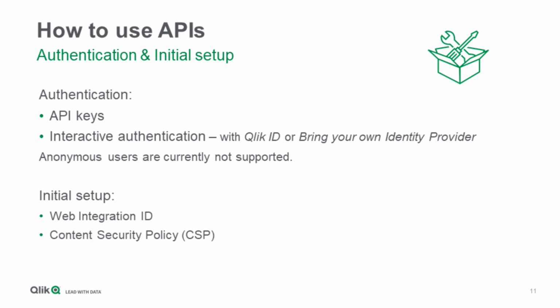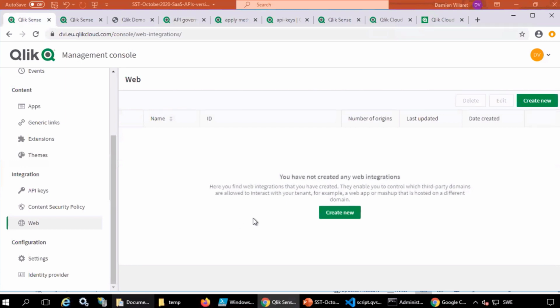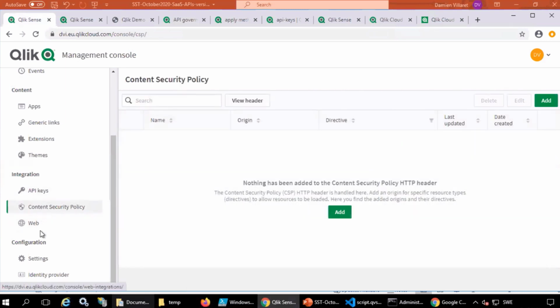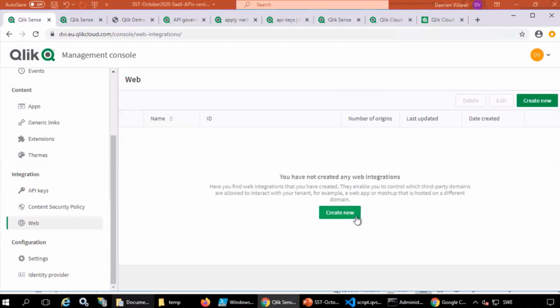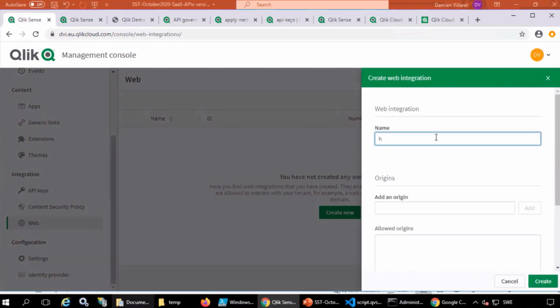Do you think you could show us an example of actually embedding in a website? So I'm going to show how to embed Qlik Sense in an iframe. I see we're back on your tenant management console. The first thing that we need to do is set up the web integration and the content security policy. In this case, I will be running my iframe on my IIS server, which is installed on my server here, called clickserver2.domain.local. Okay, and that's just a machine where we've already set up a web server using IIS. Yes, that's correct.